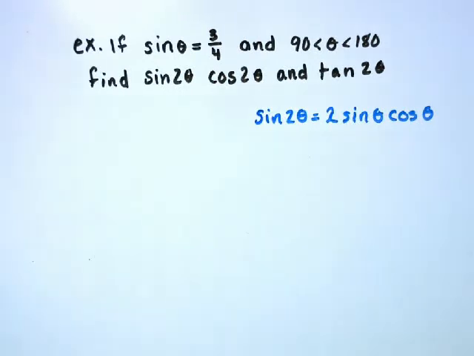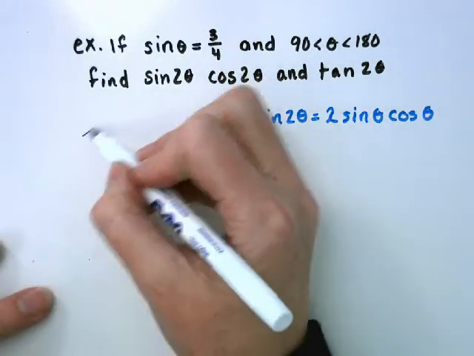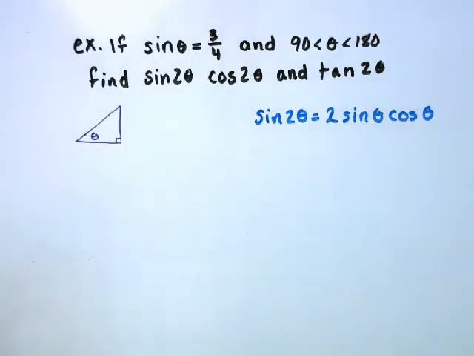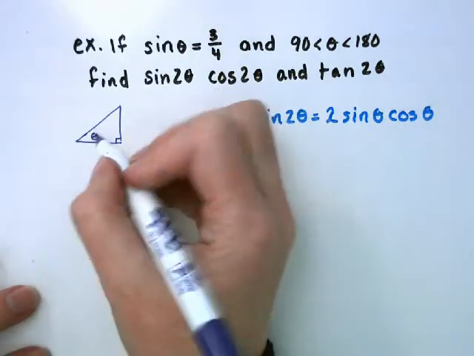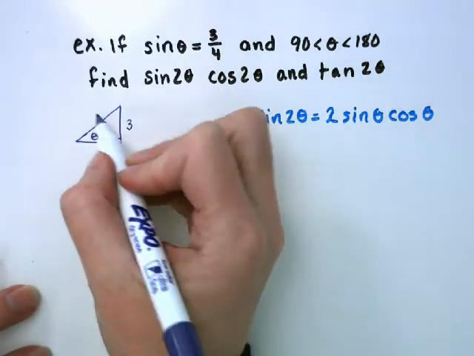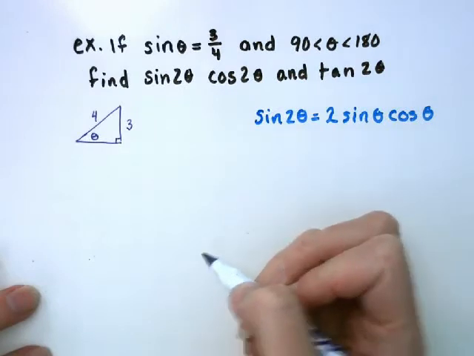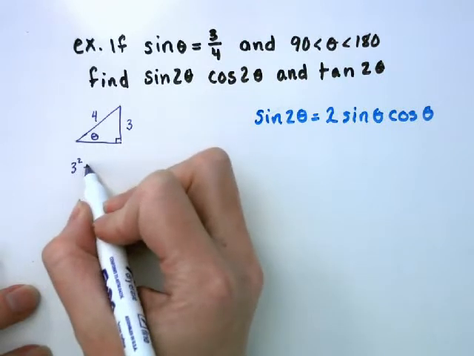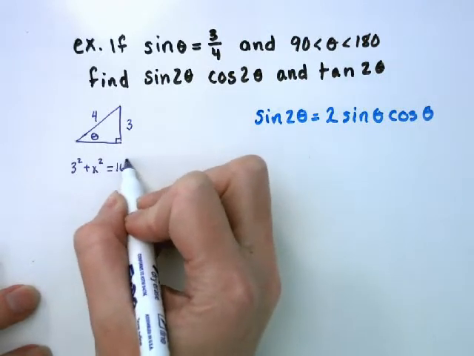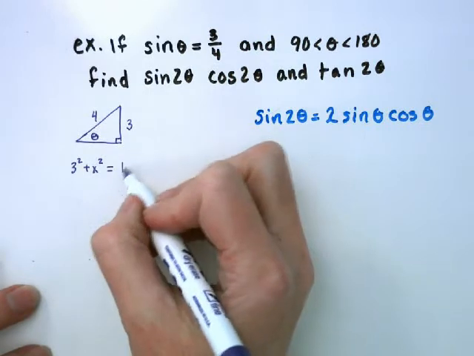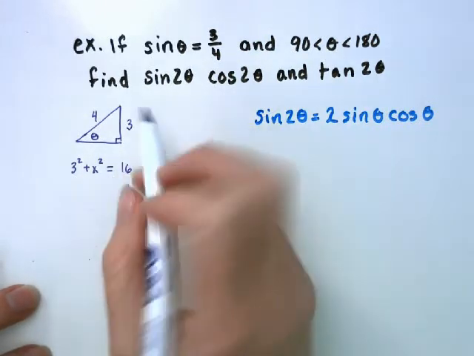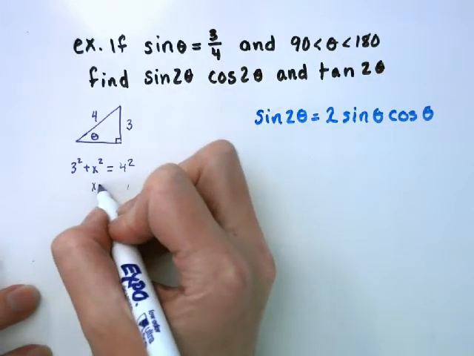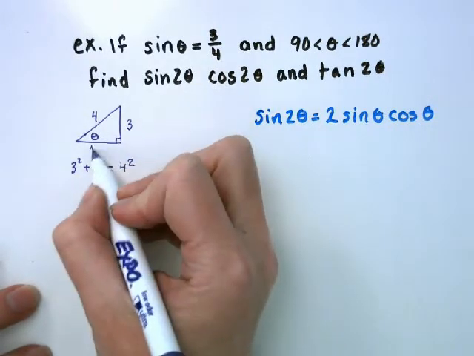So we're going back to our triangles. So I'm going to make a triangle for theta. Okay, sine is 3/4, so that means the opposite side is 3. My hypotenuse is 4. This is not a 3, 4, 5 triangle since the hypotenuse is not 5. So 3 squared plus x squared equals 4 squared, which is 16. 16 minus 9 is 7. So x is the square root of 7,